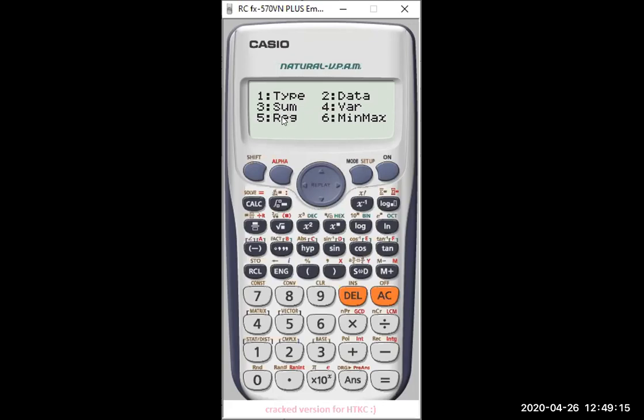Okay students, now going for the correlation coefficient, Shift then 1, and there is regression. See, REG stands for regression. It is on 5, so pressing 5. Now students, you have here 1, A, 2, B. These are the regression coefficients. We have used B naught for A and B1 for the slope B. Okay students, pressing 1. Now 1 equal, this was the B naught that we have found in regression analysis by using the method of least squares.